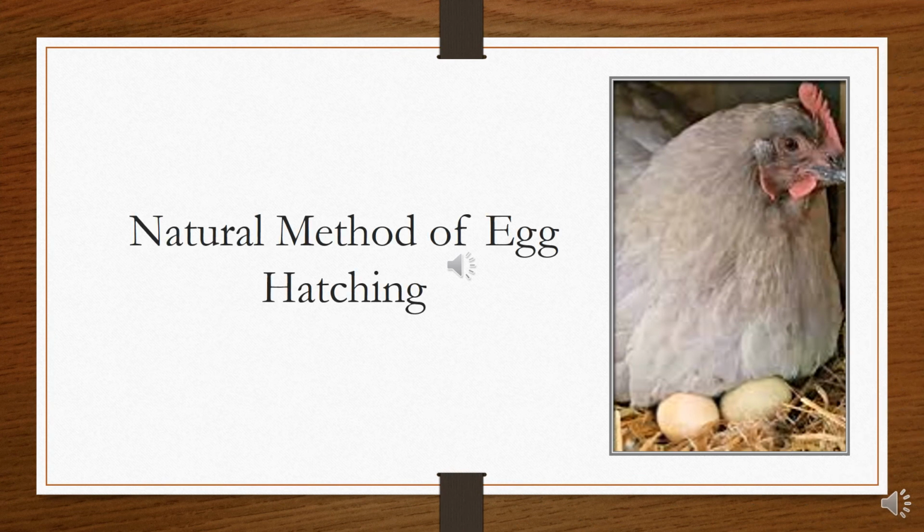First of all, what do you mean by natural method of egg hatching? When a hen hatches the fertile eggs with the help of its body temperature, it is called natural method of incubation. This is a very old method. Natural method of incubation is followed in almost every village of Bangladesh. Country breeds of hens are used in this method. Country hens, after laying eggs for some days, become broody and sit on eggs. 8 to 10 eggs can be kept under such a healthy broody hen.